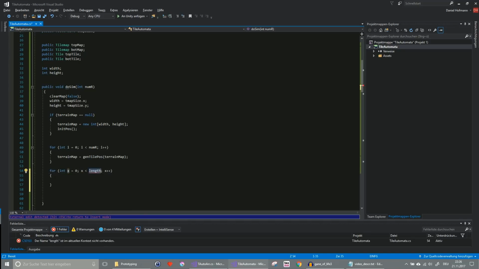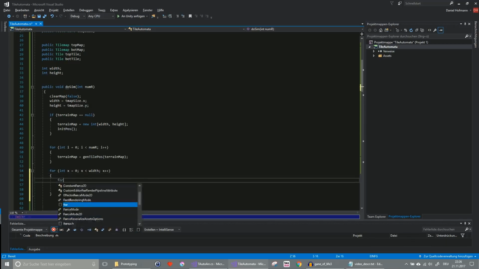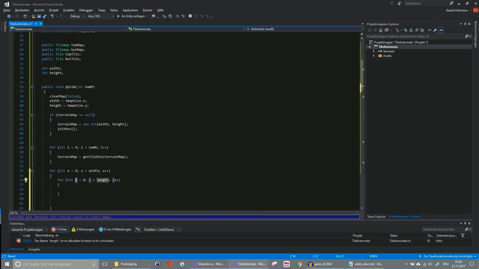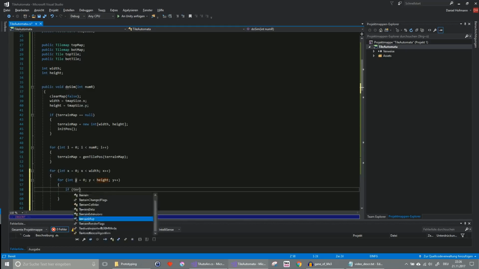So one last time we loop through width and height, and if we find a tile which has a value of 1 at a position in our terrain array, then we will place it on the map